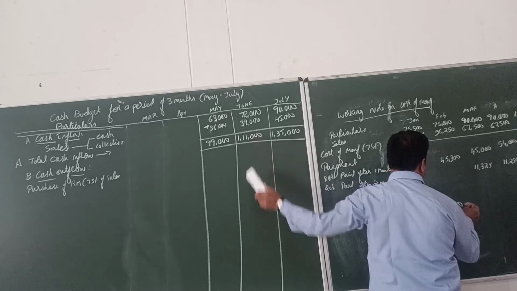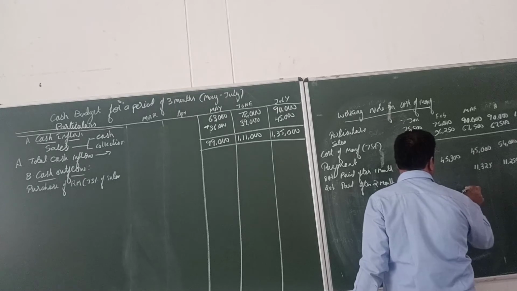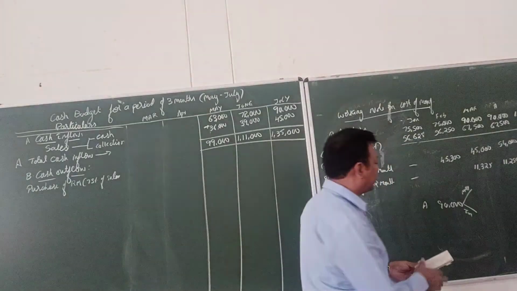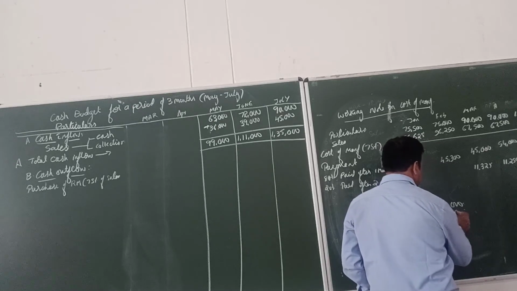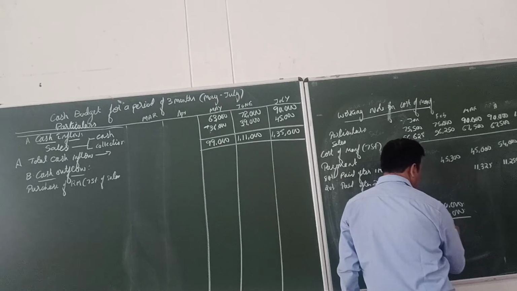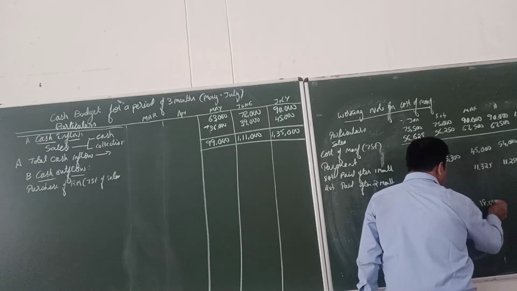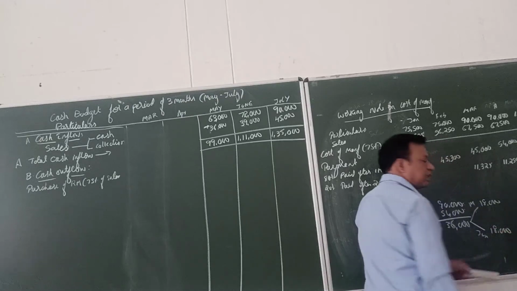April, what is sales? 90,000. Okay. So 90,000. How much are we paying in 1 month? In the month of May, how much are we paying? Equal amount we are paying. So first we have to take out the cash sales. What is the cash sales? 54,000 is the cash sales. So how much was the balance? 36,000. In the month of May, we are paying 18,000. In the month of June, we are paying 18,000. Here 18,000 we got it.